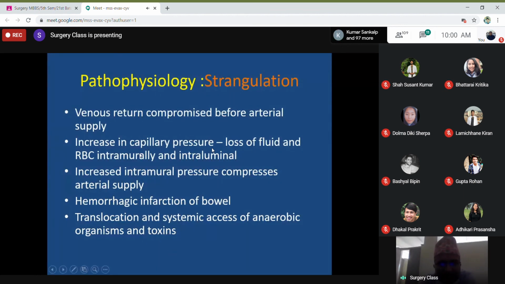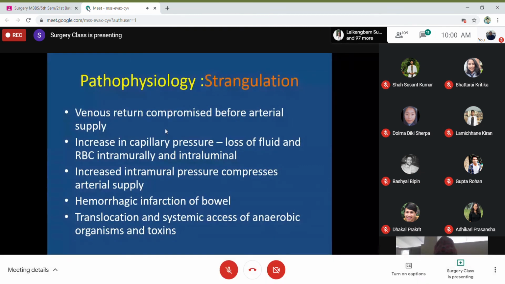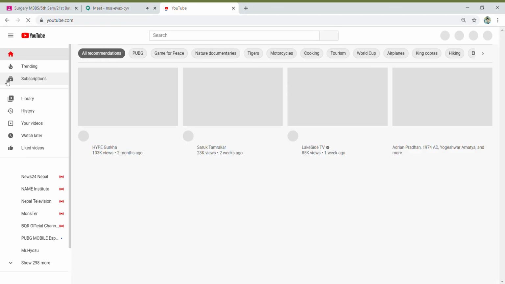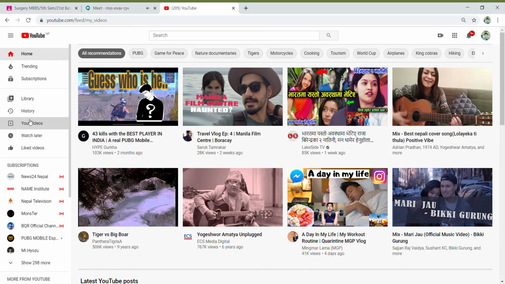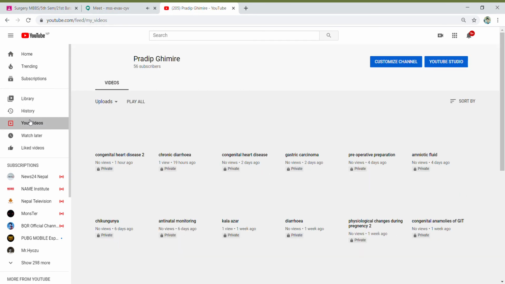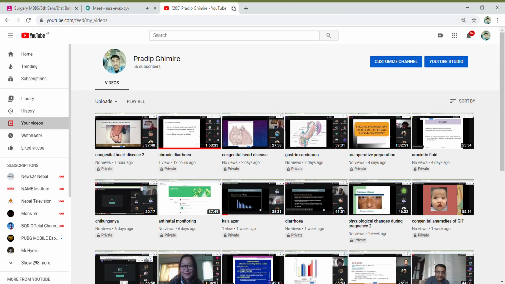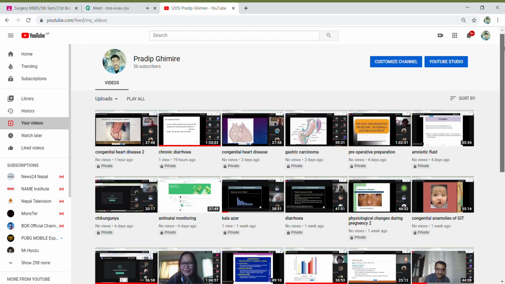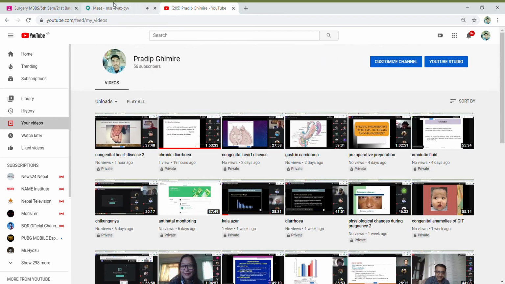So what is the pathophysiology behind strangulation? You see, when there is obstruction, there is a gradual increase in the pressure of the intestinal lumen because of accumulation of fluid. There is venous compression and venous return is compromised. That leads to an increase in the capillary pressure and loss of fluid, and even the RBCs into the